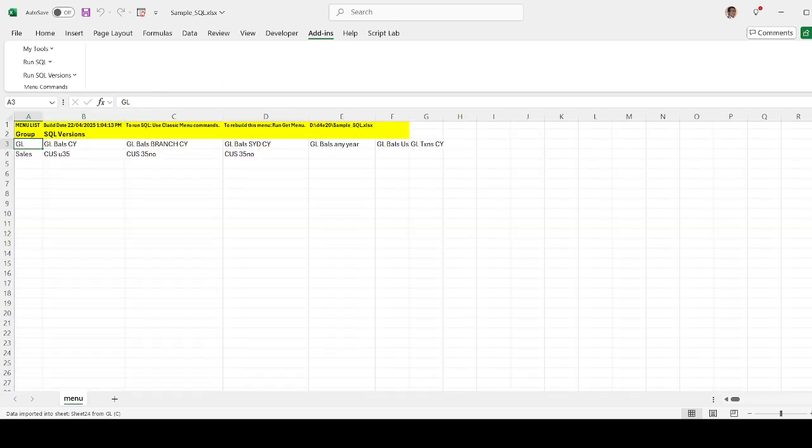The business user goes to the Run SQL Versions submenu. This option is useful for SQL developers who want to manage different versions of their queries and make them available for business users. So by clicking here,